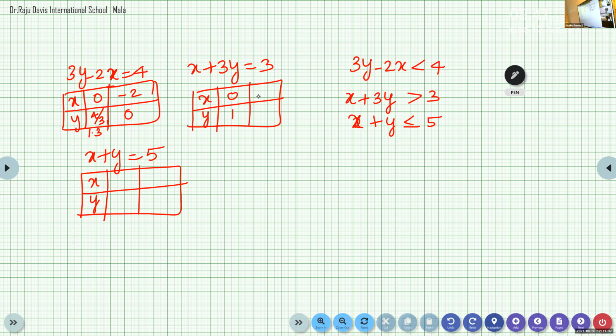So listen, we want to shade the portion which lies below this line, above this line, and here again below this one. So which is the region to be shaded? Karthik, did you shade? Can you show this one? What you have shaded? No, ma'am, I have not shaded the triangle. Yes, you'll be getting the triangle.